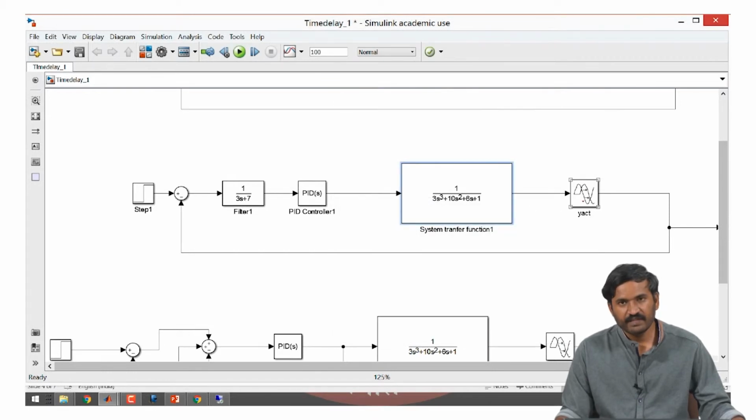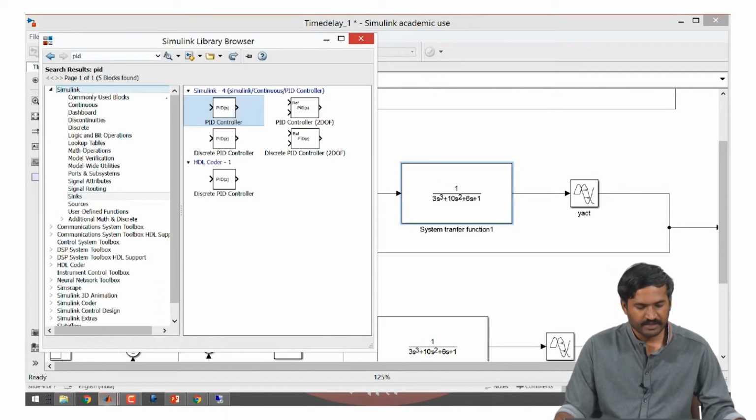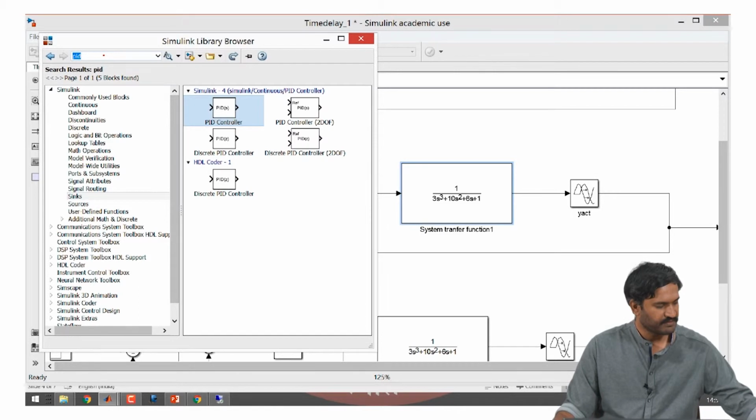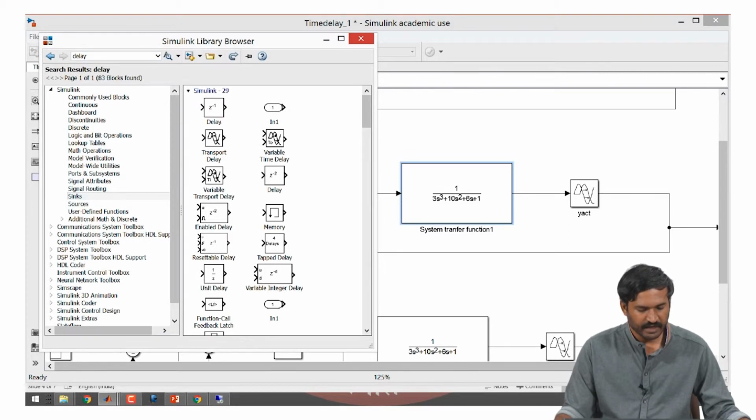The way with which we can simulate time delay in Simulink is using the delay block in the library browser. I will just show how you can search for blocks. You can just type delay, and here you can see all blocks which contain the term delay.